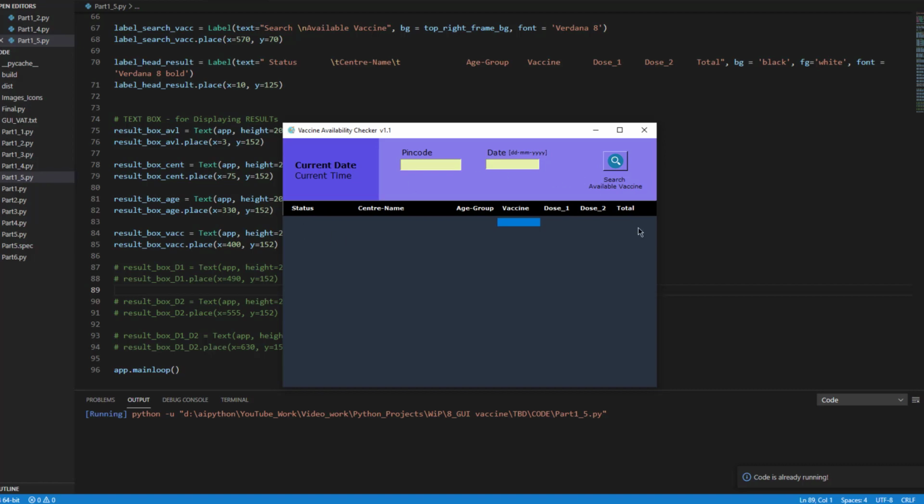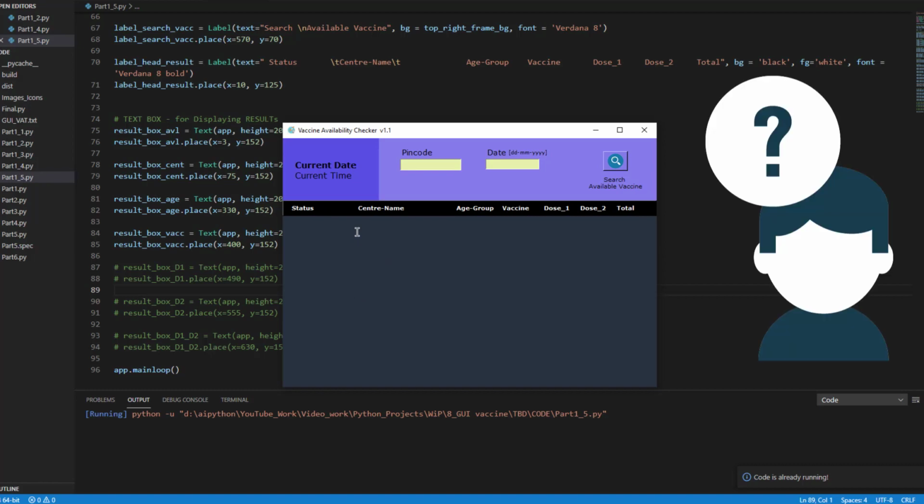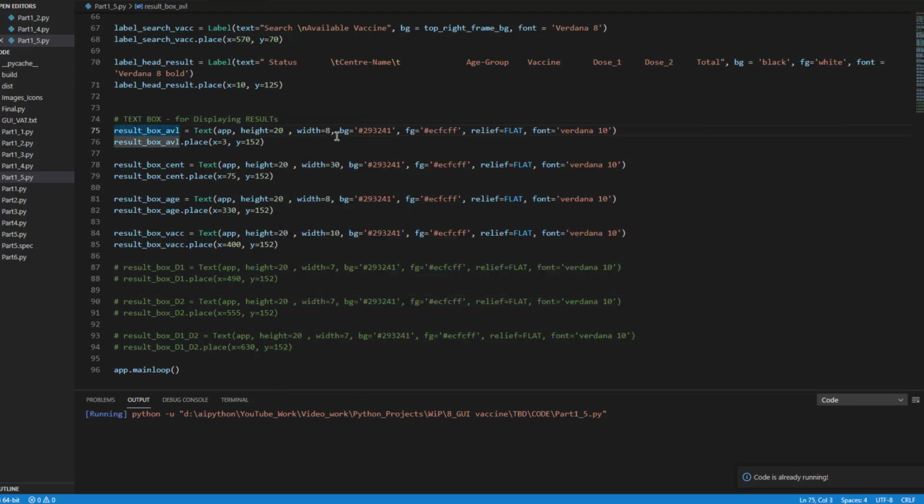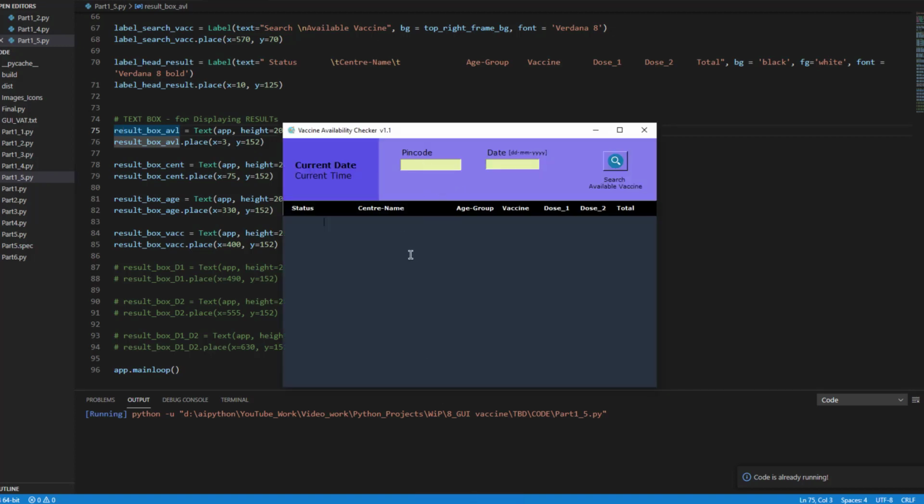The reason I took this approach is I first tried with a single box and placed items separately, like placing an item at a particular location so that it appears under the specific heading. But it didn't work out when the center name was changed. I'm not able to figure out why, but if you have any idea, or if you come across any solution to create only one box and give all the information there, I would be more than happy to understand that code.